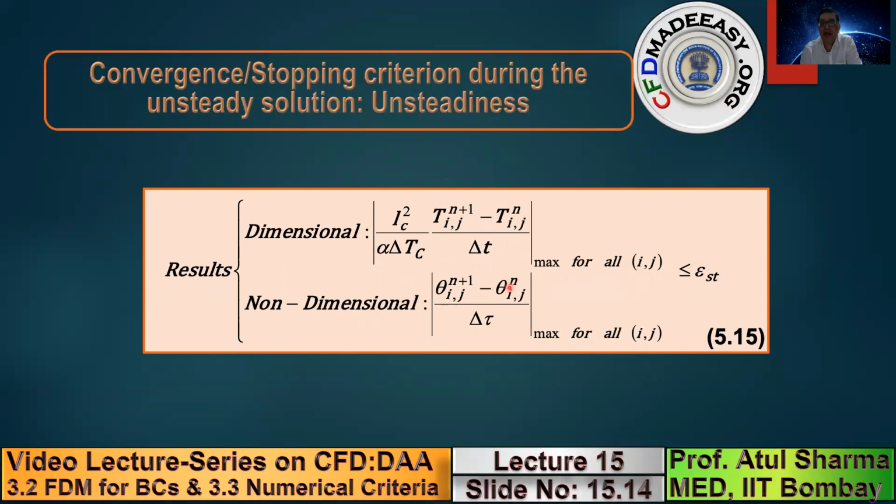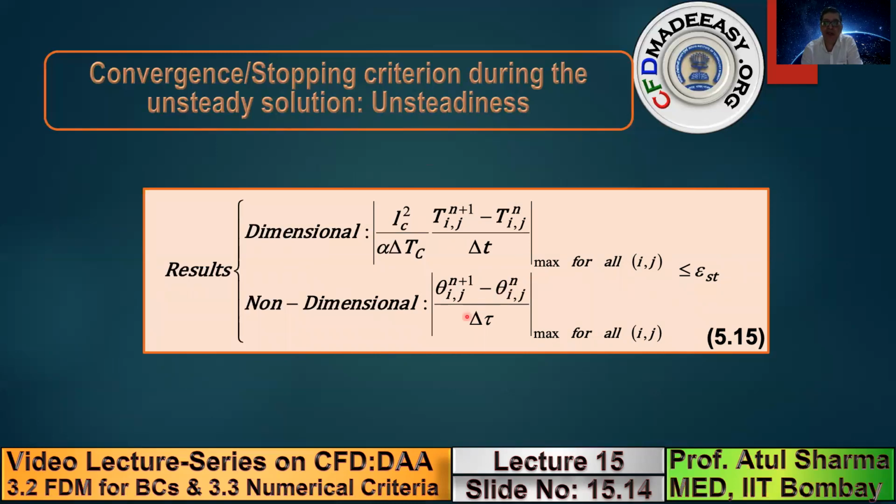Note that while you are doing an experiment, you do not have any choice. In all experiments, you have to choose a particular material, let us say in heat conduction. So all experiments are done in a dimensional form. However, when the results are presented, we convert the dimensional values to non-dimensional values to present our experimental results in a much more comprehensive way. Results are mostly presented in a non-dimensional form.